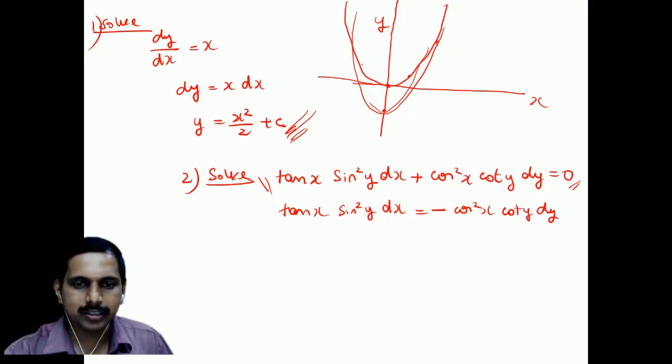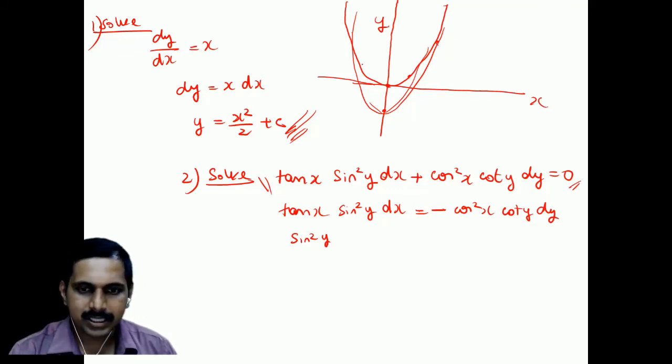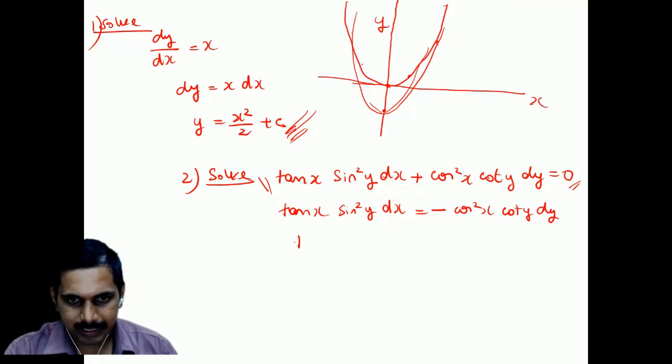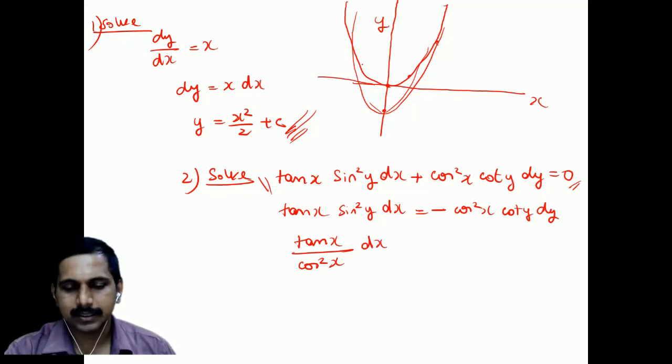You bring cot y here, and you say sine square y divided by cot y... I can say here, sine square y divided by... tan x divided by cos square x, correct, dx is equal to